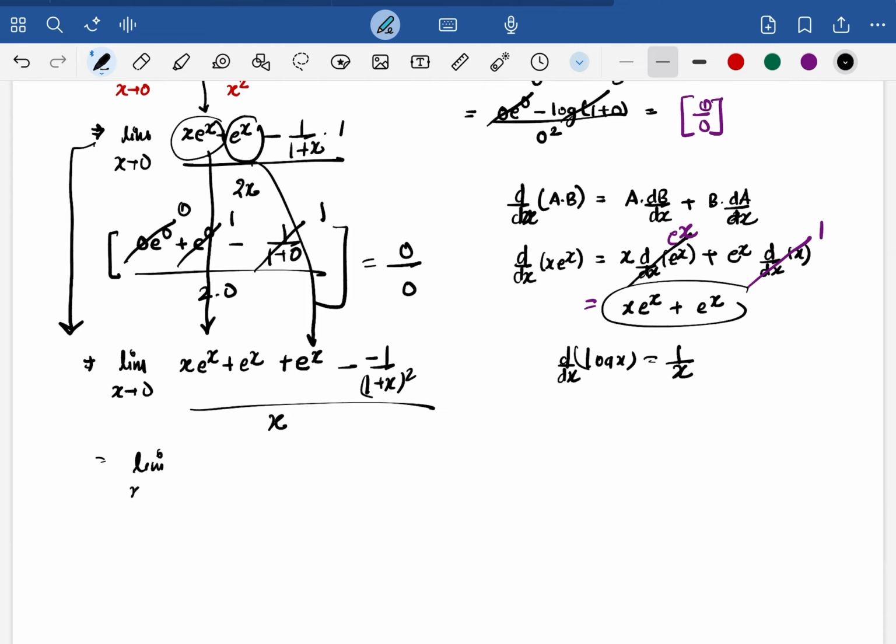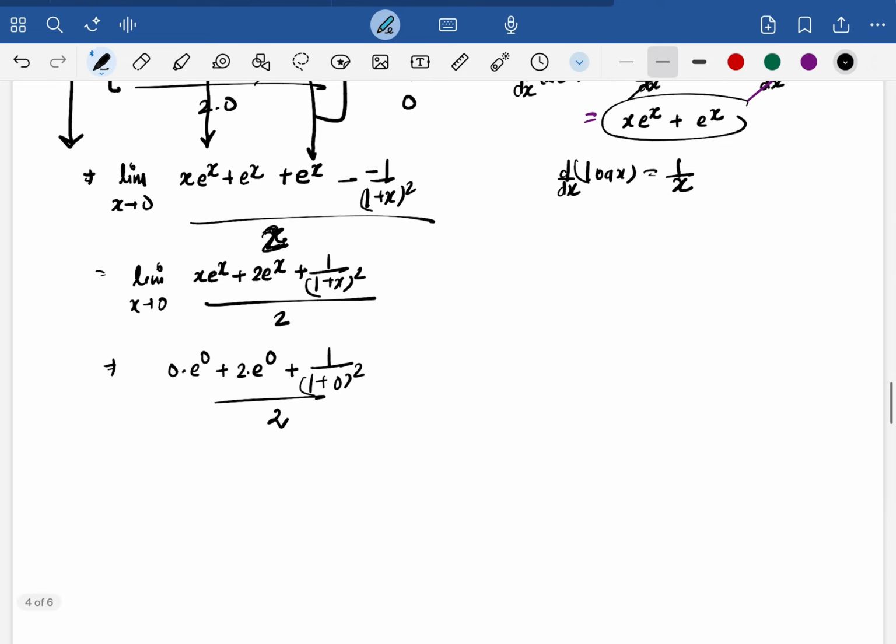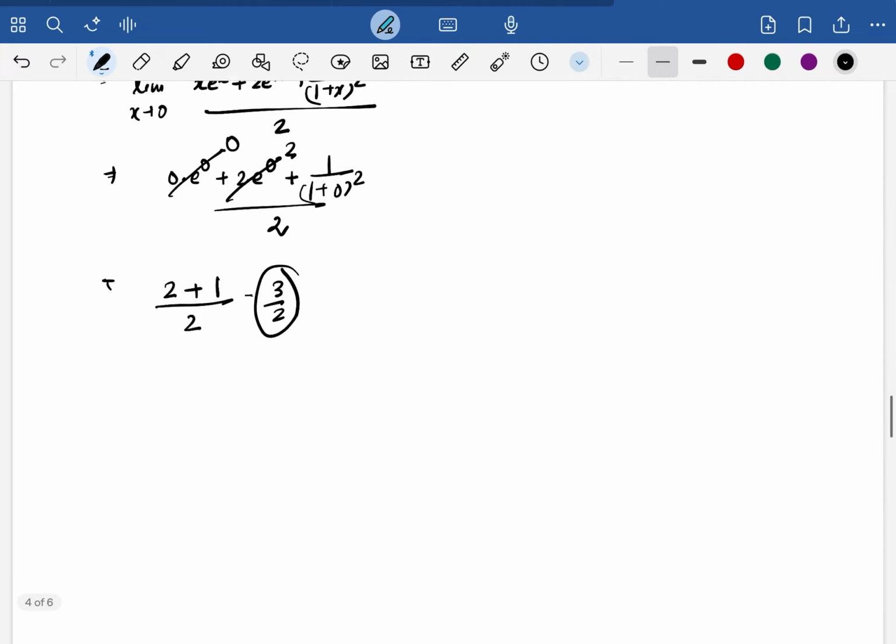So the final expression is this: x e to the power x plus 2 into e to the power x plus 1 divided by (1 plus x) whole square, and this is 2x, so here 2 will be there, this is 2. Okay, now let's put the values. So 0 into e to the power 0, 2 into e to the power 0 plus 1 by (1 plus 0) whole square, divided by 2. This is 0, this is 2. So 2 plus 1 divided by 2, and then we say the answer is 3 by 2. Okay, now let's move on to the